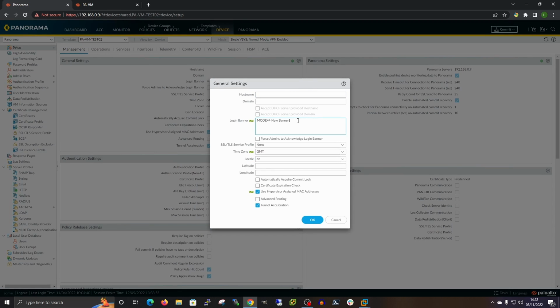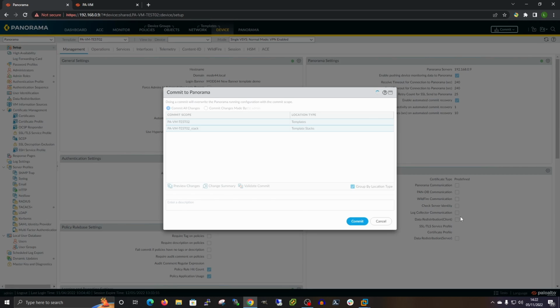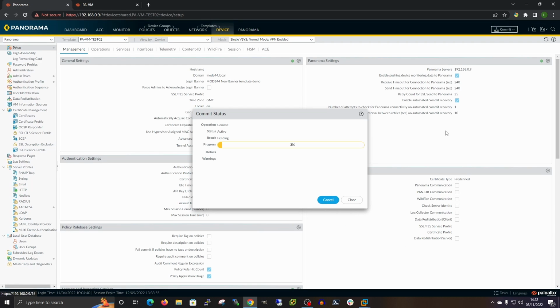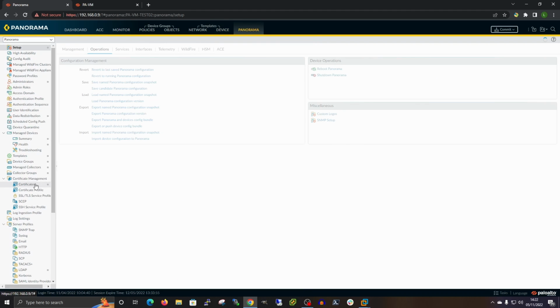So, template demo, I'm going to give it a domain of mode 44.local. Okay, so now I'm going to commit this to Panorama just so that it's committed, so that we know that we've got the configuration on here, and this is now a valid configuration on Panorama. If we go to Panorama and the devices,